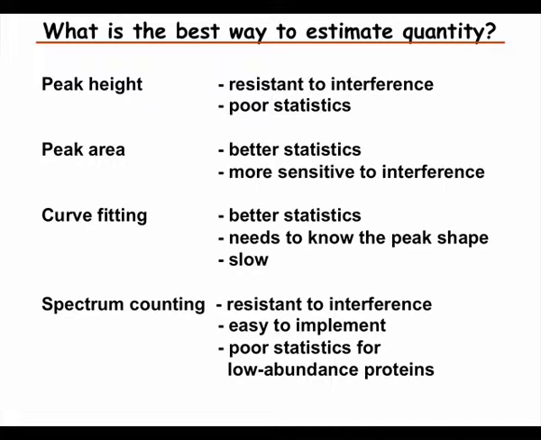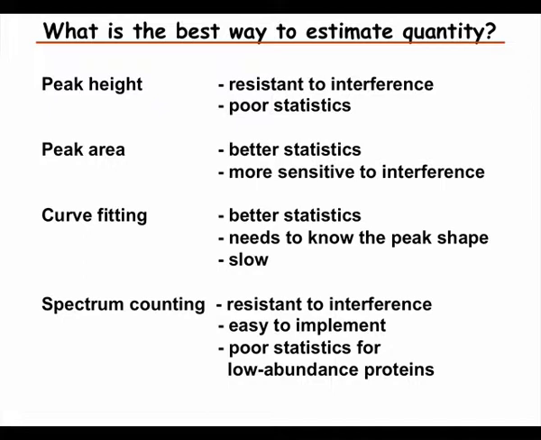Now peak area gives us much better statistics, but it's sensitive to interference if there is another peak that partially overlaps our peak. Now curve fitting would work well, but it's actually not used very much in practice, probably because